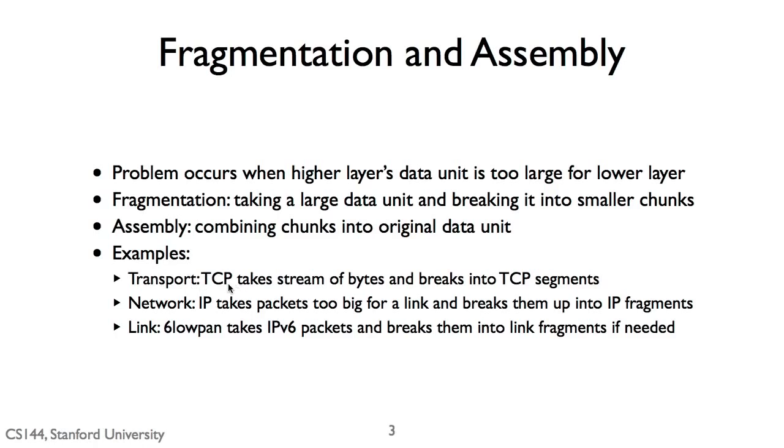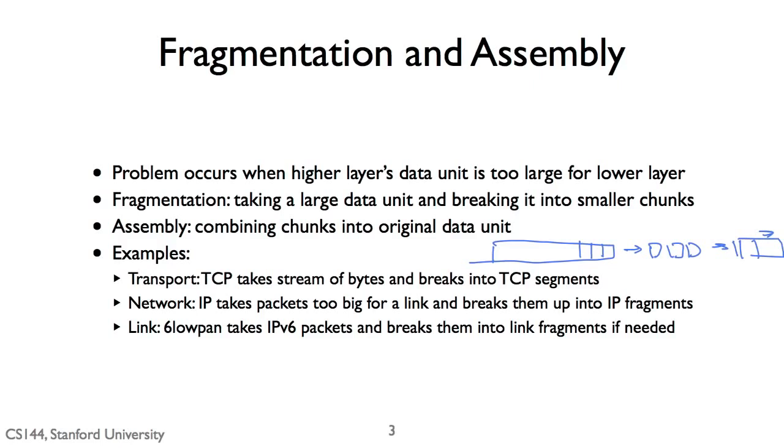For example, it can occur at the transport layer. TCP does this when it takes a stream of data, breaks it into segments, which are then transmitted and reassembled at the other side into a reliable stream. And this assembly is now occurring end-to-end between the two TCP endpoints, such that a given TCP segment, once it's generated by an endpoint, is then indivisible and arrives at the other end. You never see a segment broken into 2 separate segments, although underneath it might be broken into packets or frames,